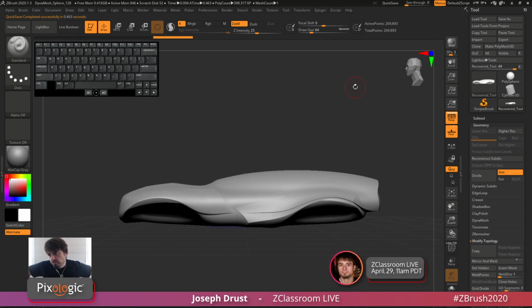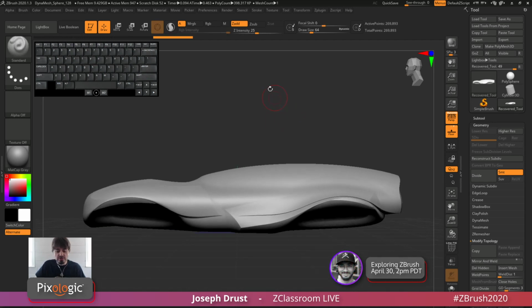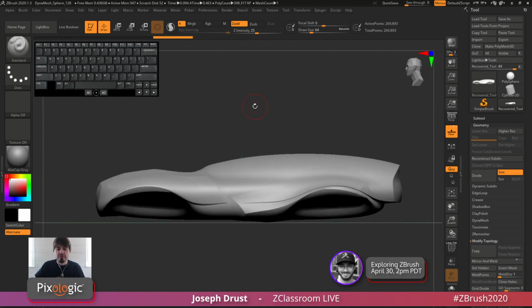So Plum is asking, what are you making, what car? So I'm just making a conceptual car. Whatever happens, it's the happy accident car, that's what we're gonna call it. So it's just using the projection primitive that's located in the Deformers, and we're just gonna go through and model